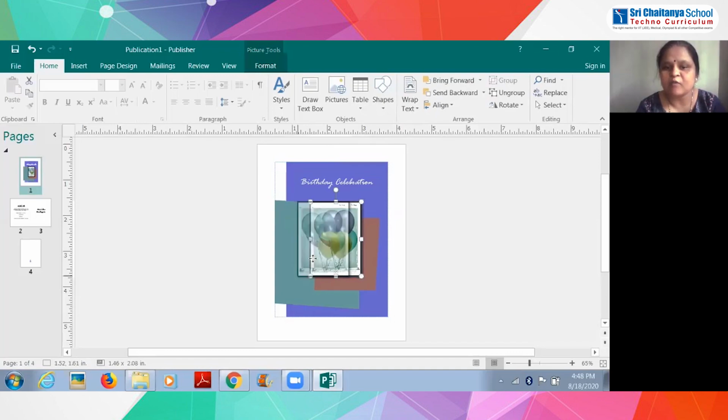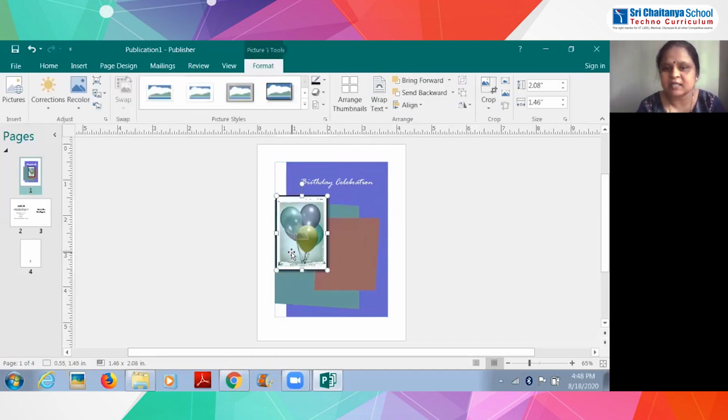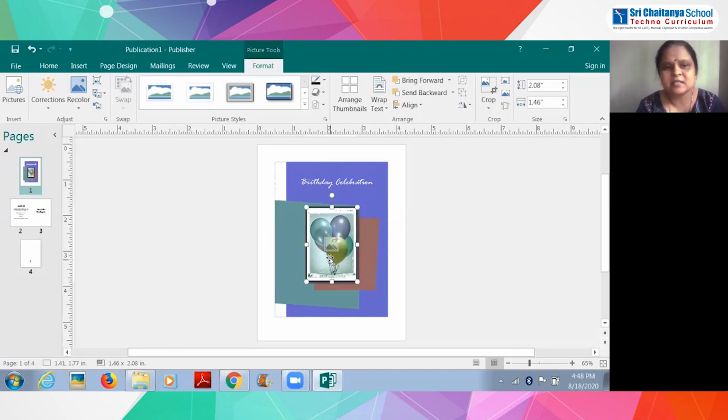Right, now I want to put it on the side, so that here I want to write on which day, what time, what is the location of the birthday party, all those things, so that on the front page only the people will come to know. If you don't want to do that, just leave it like this and you can go to the second page.